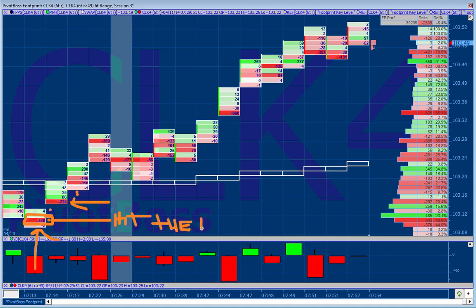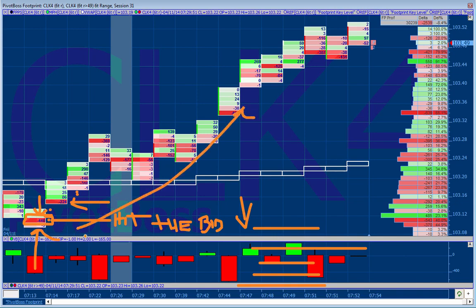And this is very important because these are aggressive sellers that are saying, I think the price is going down now. I need to get in right now before I miss it, okay? That's what they're saying. On the other hand, there's someone that's using a limit order, a passive buyer, and they're saying, I think price is going to go up. And what I'm going to do is I'm going to put a big limit order here. And if price comes here, I'm hoping to be filled.